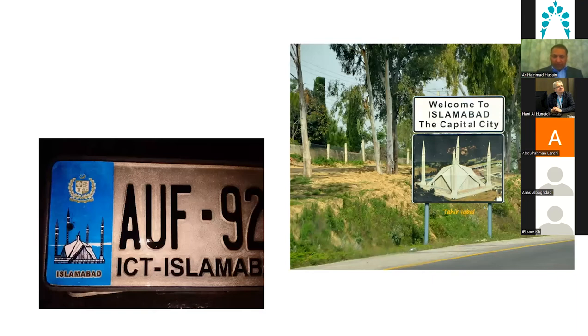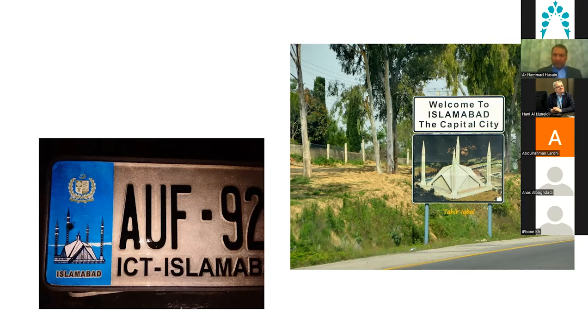Now, the influence of Faisal Mosque on originally the city of Islamabad and then overall on the entire country has been immense. As you can see on the left, this is the official automobile number plate issued by the government of the city of Islamabad, and that carries the image of Faisal Mosque. So every car in Islamabad has this kind of plate. On the left, you can see the image of the mosque. It says Islamabad, and on top is the logo of the government of Pakistan, and then on the right is